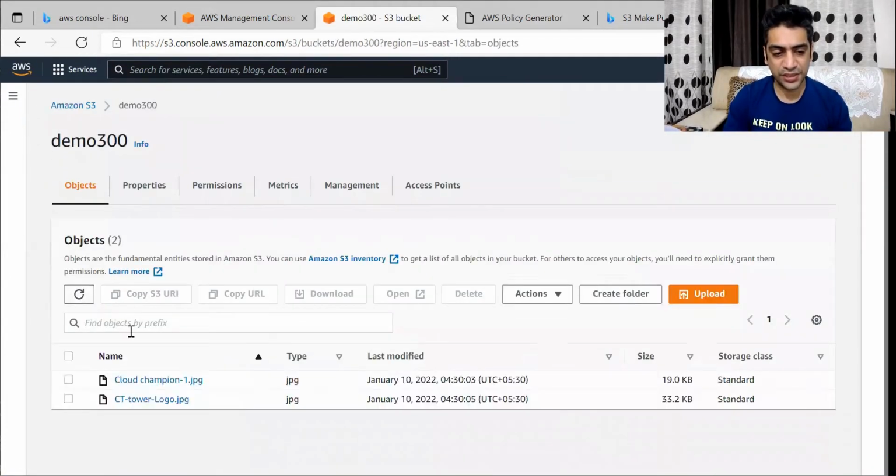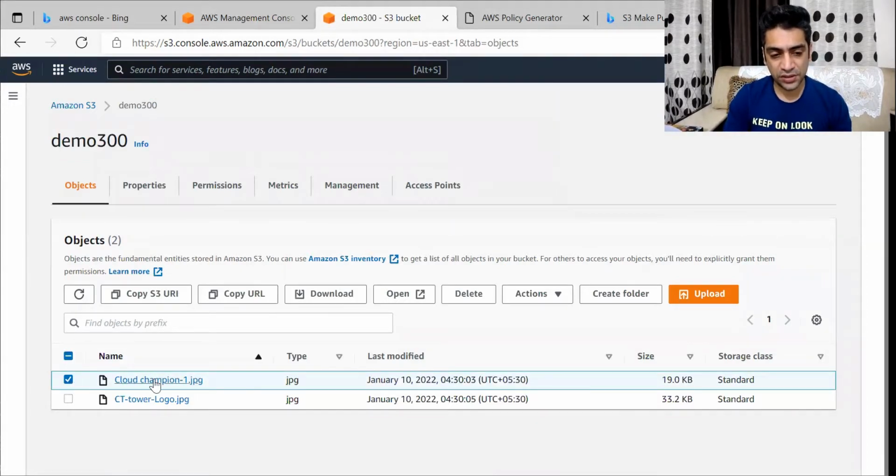S3 demo 300, I'm in this bucket now. Inside this bucket, you can see there are two objects. Think of this as a folder: inside the folder demo 300, we have two objects. Now the whole idea is to make it public. Our folder is by default private, so it's not accessible. Let me show you. If I click on this, the file Cloud Champion,